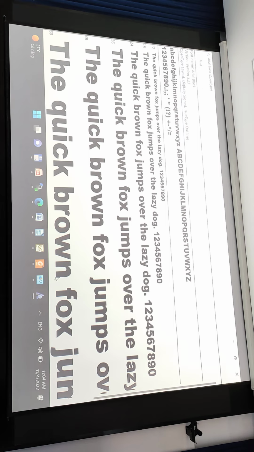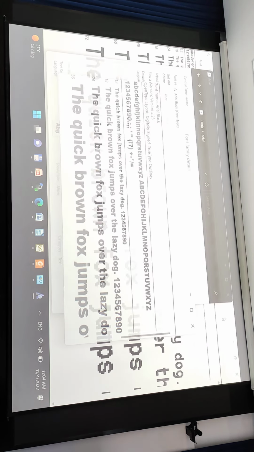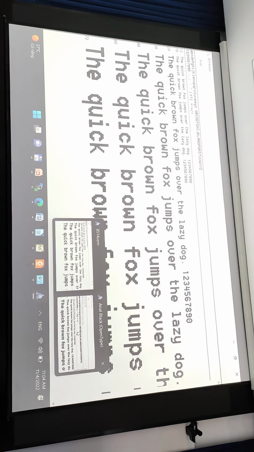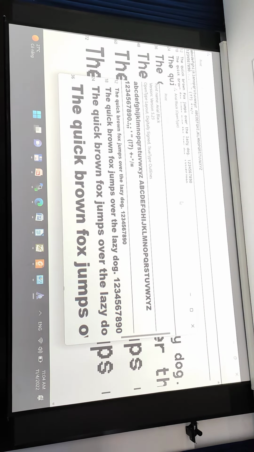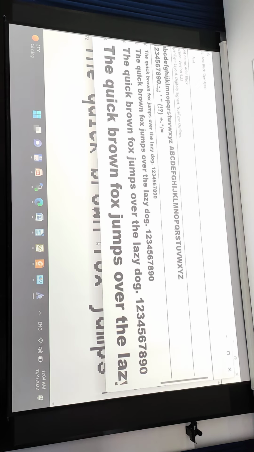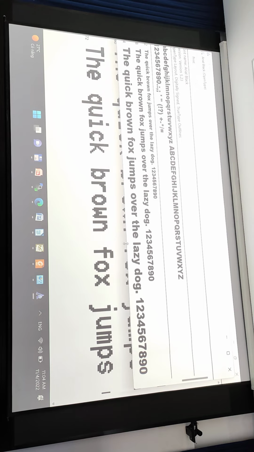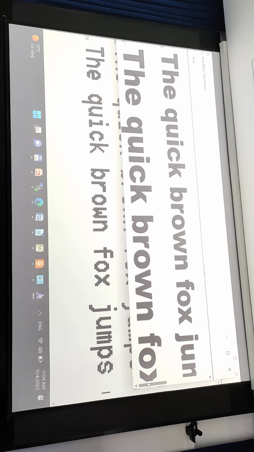And here you will see the difference between the bitmap font and the vector fonts. You see the differences, right?